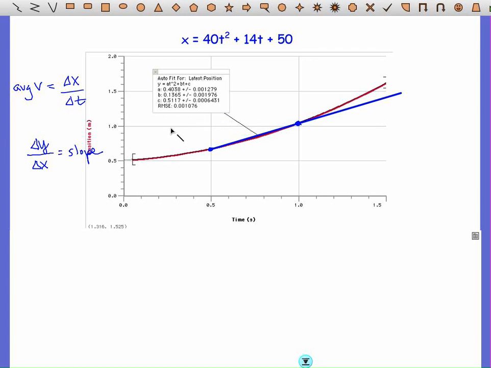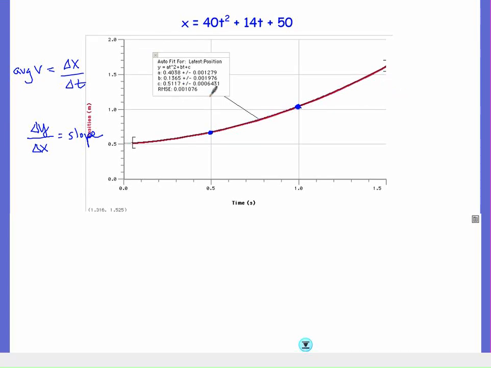You can see really why it's an average velocity. Especially right in here, there's an area where the graph itself, the red line, is different from the slope line, the blue line. And so we are getting an average. We're not getting an instantaneous velocity. We're not really getting the actual velocity here and here and among most of the curve. It's just an average. And so we've learned that with the derivative, what we can do